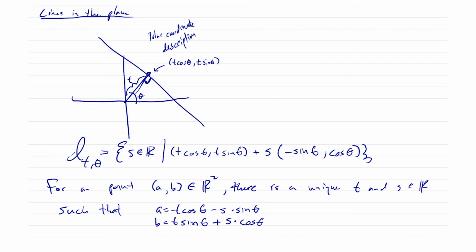Basically what we're saying is that for each fixed theta, we get a vector along this way and a vector along this way, and we can describe any point in the plane by a combination of those two. So